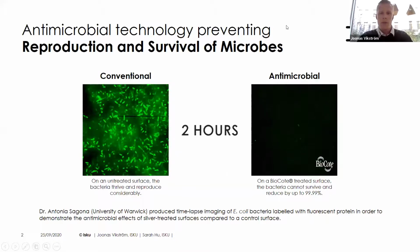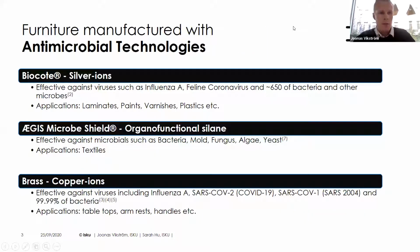And we are using 3 main technologies, as mentioned: BioCoat, which is based on silver ions. Then we are using a lot of fabrics in our upholstered products, so you can see that we are using ISKU microbe shield technologies in those fabrics. And then we are using brass. In brass, we are using EPA-approved copper alloys only, so that's based on copper ion technology. And these are all permanent features, so you don't need to renew them, and the lifetime is there as long